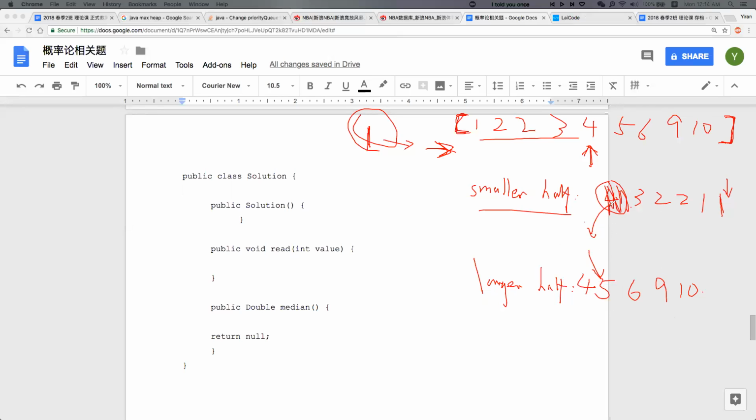And the smaller half is 3, 2, 2, 1, 1. In this case, the size is 2. The size is both 5, so the condition holds, and 3 is also less than 4. So that is correct. Or if we want an 8 inside, for example,